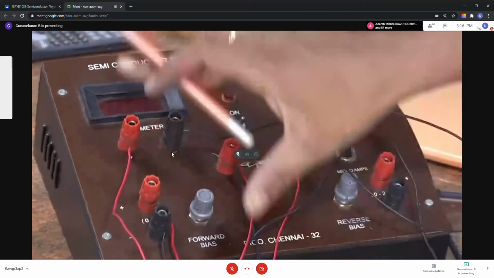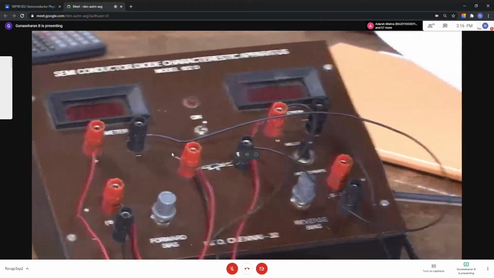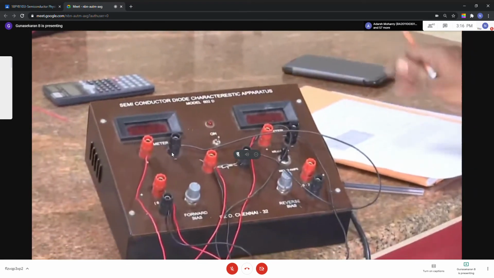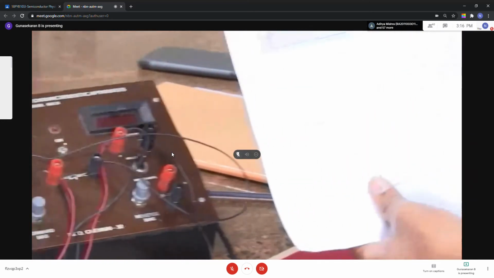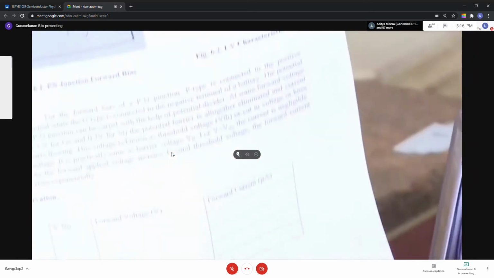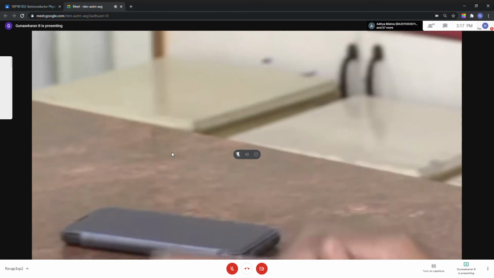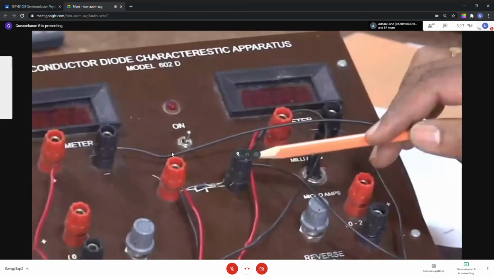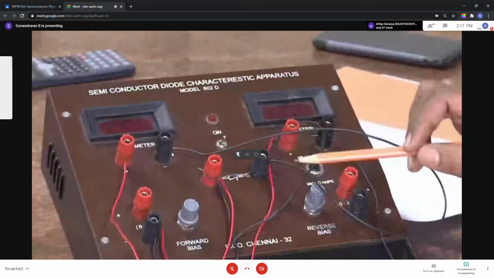Everything is inbuilt. First of all, what is the procedure for the characteristics of a PN junction? What are the characteristics of a PN junction diode under forward biasing? For forward bias of a PN junction diode,